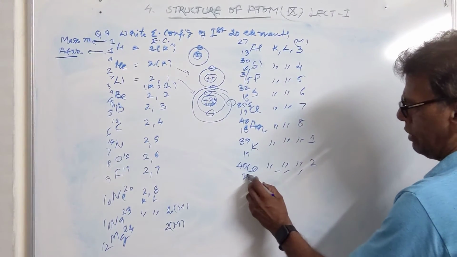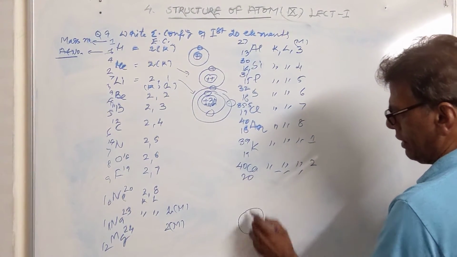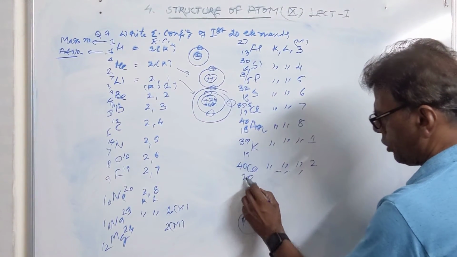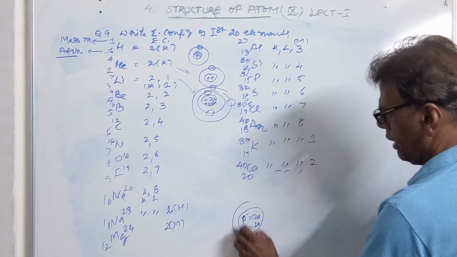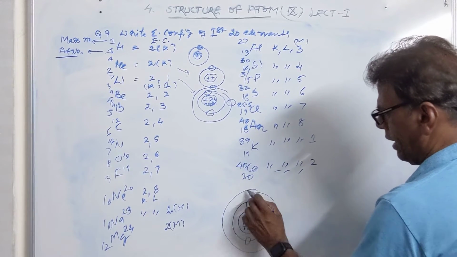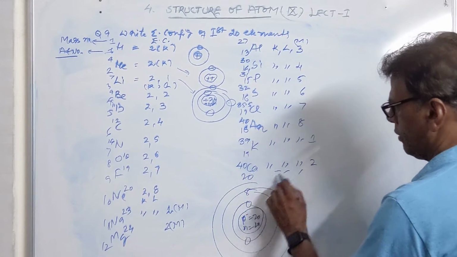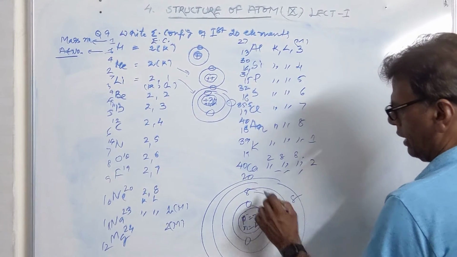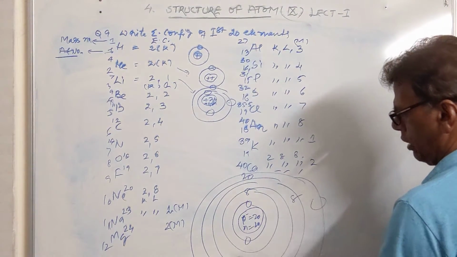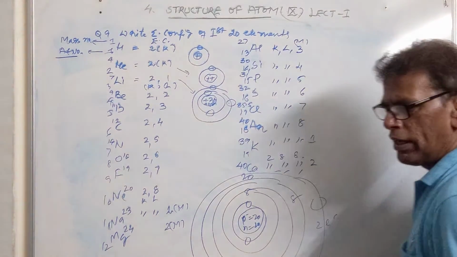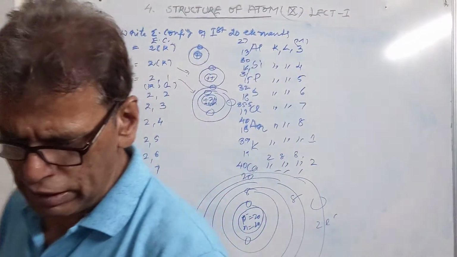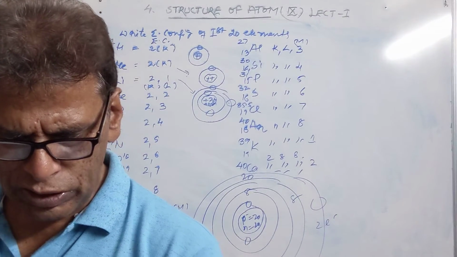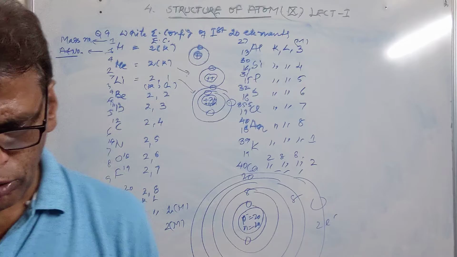Let us draw the structure of this. It is having 4 cells. So first of all write the nucleus. It is having protons 20, neutrons 40 minus 20, it is 20. Then it has 2 electrons in the K cell, 8 electrons in the L cell, and then 8 electrons in the next cell and 2 electrons in the outermost cell. So in this manner you can draw their electronic structures of the cells as well as the nucleus. So this is regarding the drawing of their structures.